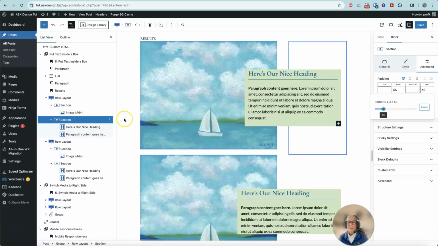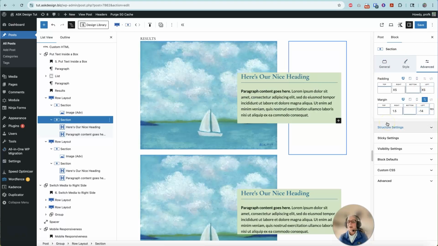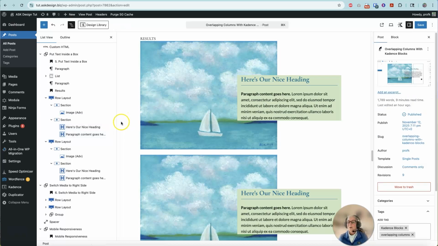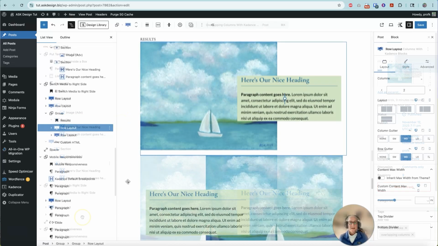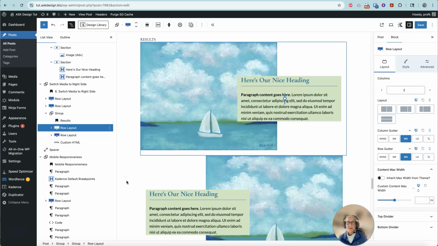And to accommodate for the padding, we'll adjust the margins. So let's go here, and I'll increase the negative margin. And that way it will look good. The next thing we'll do is switch the media to display on the right side rather